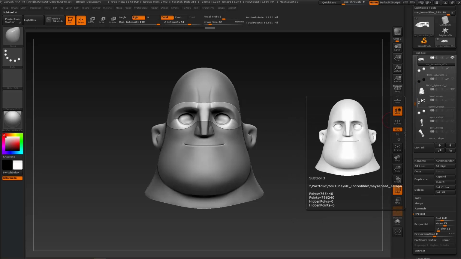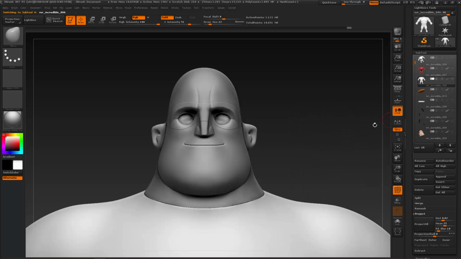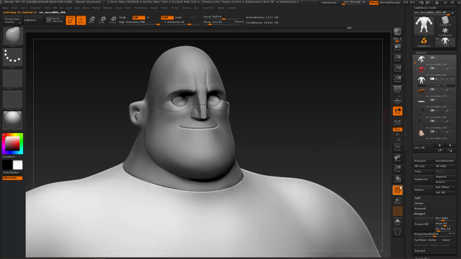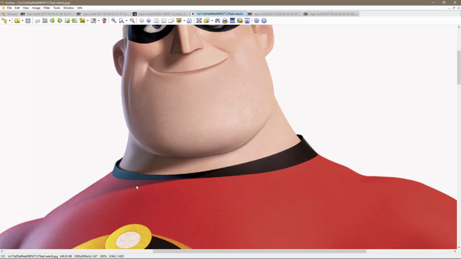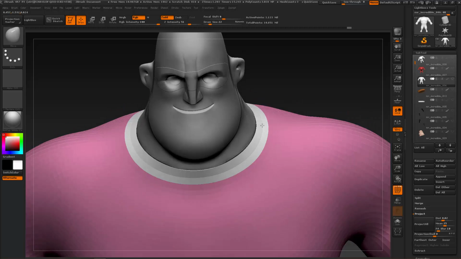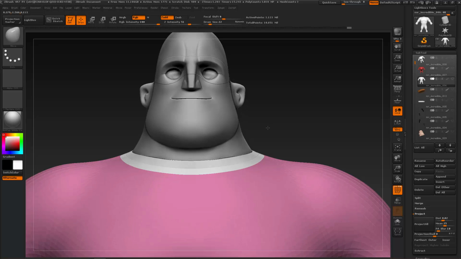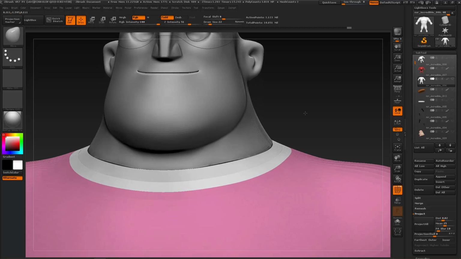One last thing I want to do is adjust the color of this mesh here, because if you remember from our reference images, as you can see, the color goes a little bit up, and so what I want to do here, I want to bring this guy up, and to do so I will do